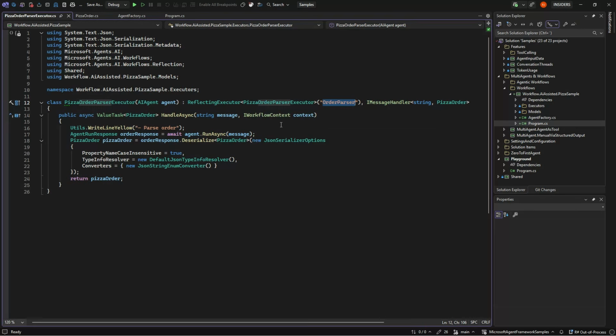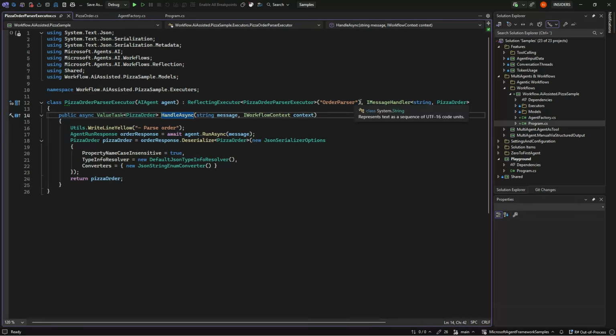And then we need to tell what kind this executor is, what should it do? Well, in our case, we wanted to handle a message, and that message would have an input of string, meaning the order from the user as a string, and the output should be the pizza order. And when we have this interface, we need to implement a handle async here.